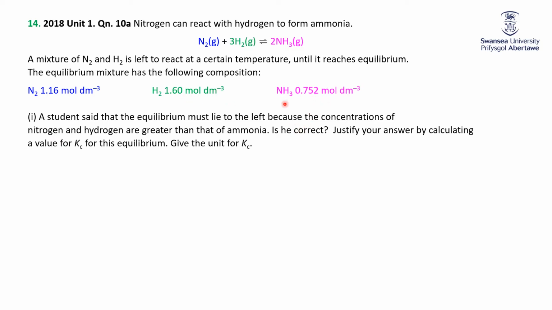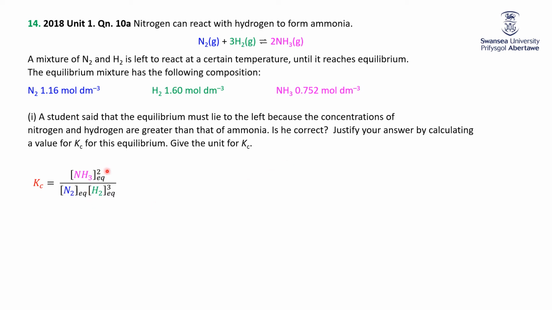Is he correct? Now you can't do what the student did because you've got cubeds on the bottom and squareds on the top. You cannot just look at values and say what K is. The only way that you can do it is to actually calculate what K is. So let's justify our answer by calculating the value for K, at which point we can say whether or not the student lucked into the right answer or had the wrong answer. So